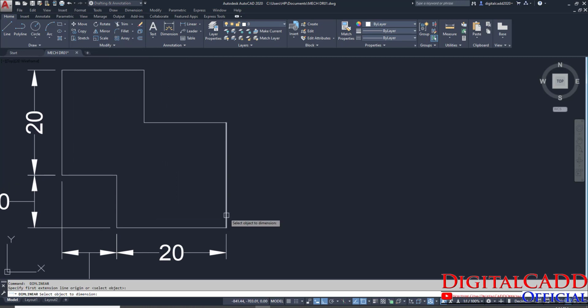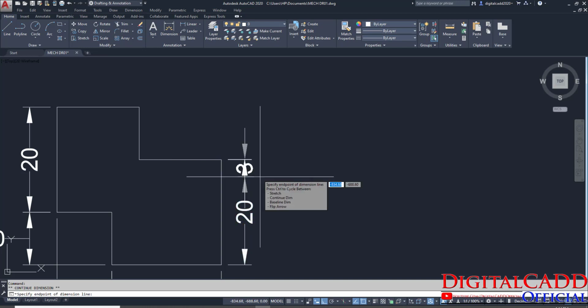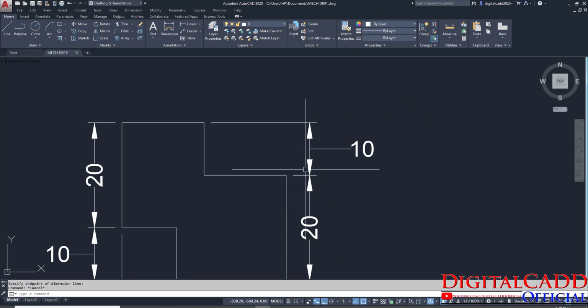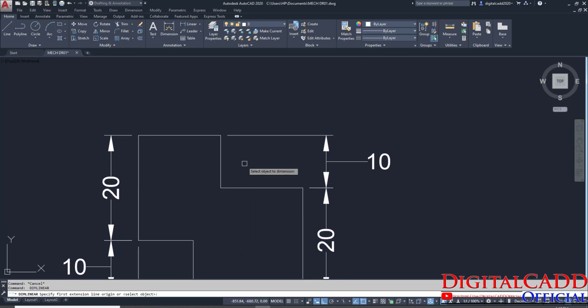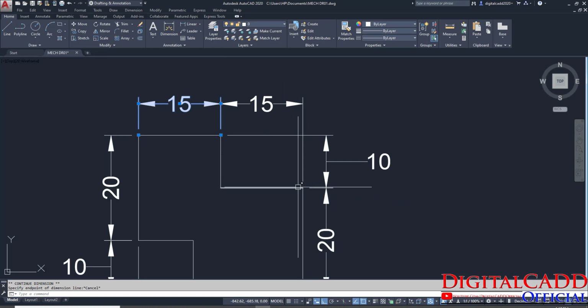Okay, and then again double space, select, continue, and click here. So this is the way of applying all the dimensions. Again double space, select this line, click here, go to this line, continue dimension, click here.